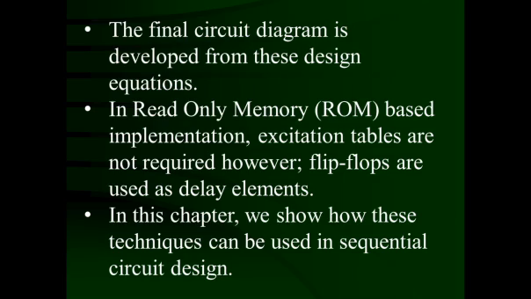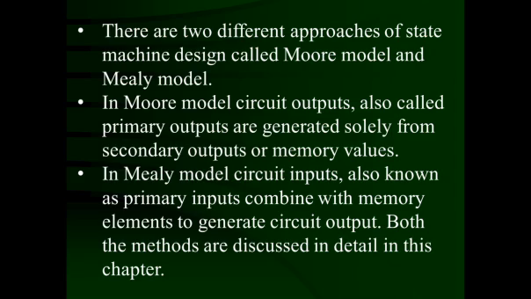You know what the excitation table is? An excitation table is a table for any flip-flop where, given the present state of the output, what is the next state of the output you require? For a Qn to Qn plus 1 transition, what are the inputs required for that? Input requirements are generated from making a transition from the present state to the next state. That is called the excitation table, and from that the state synthesis table can be prepared.